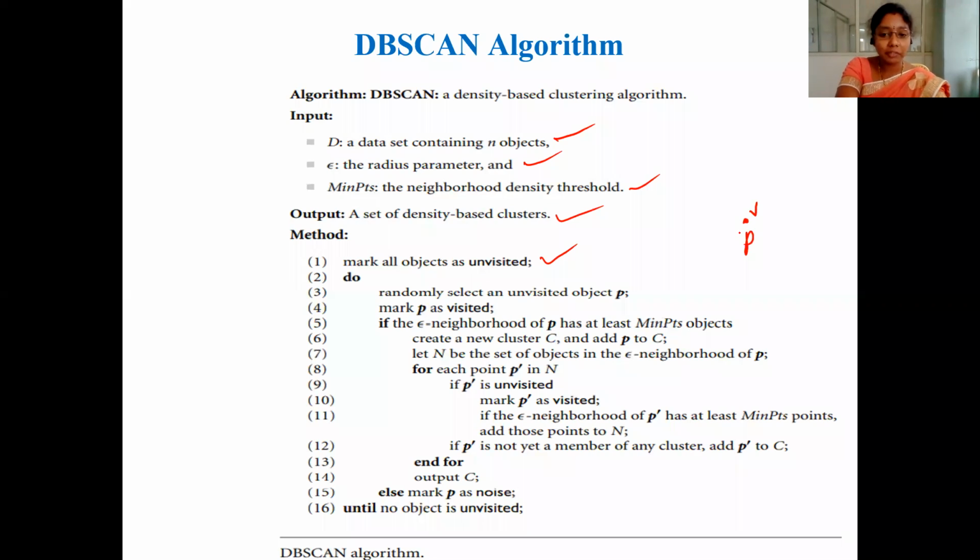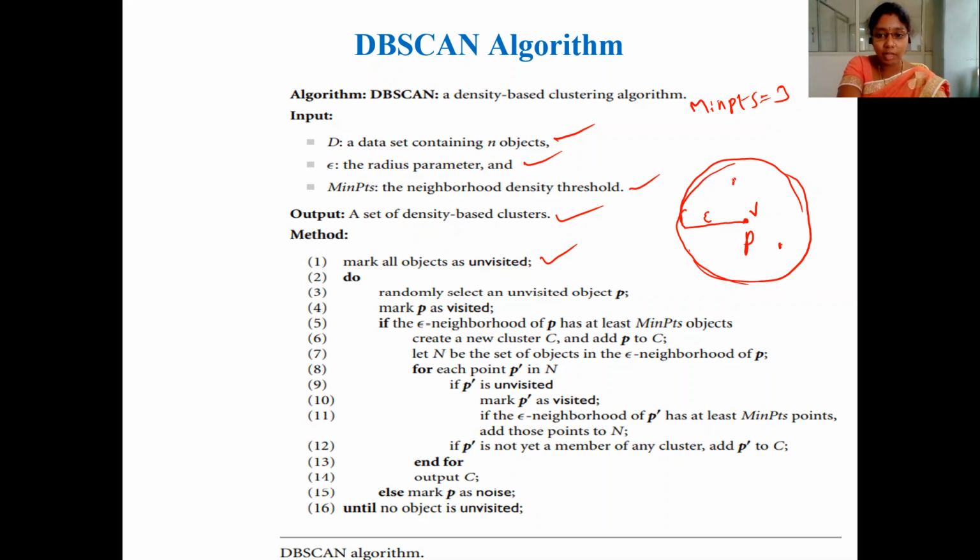Then you first draw the epsilon neighborhood of P. If that epsilon neighborhood has at least min points objects, say min points is equal to 3, that is, if the epsilon neighborhood of P has three objects within it,